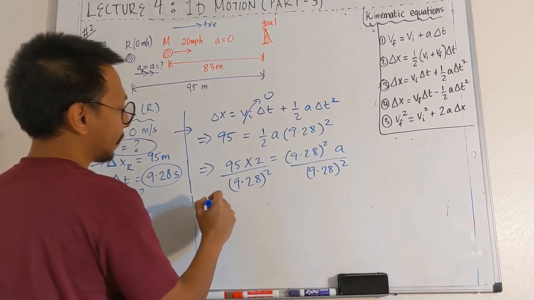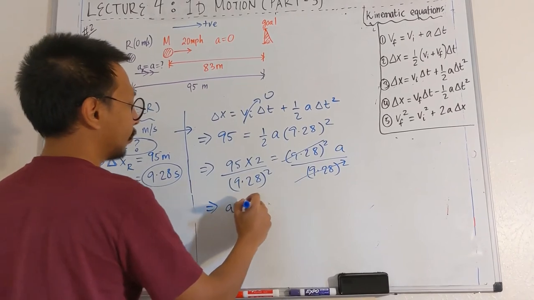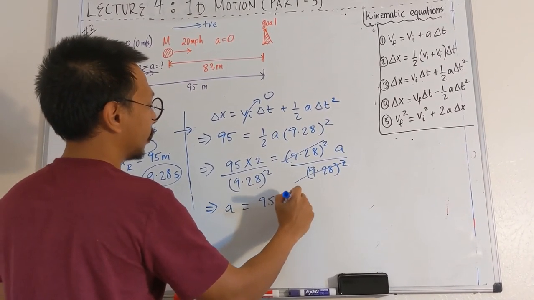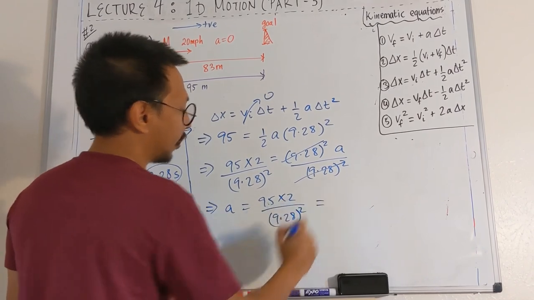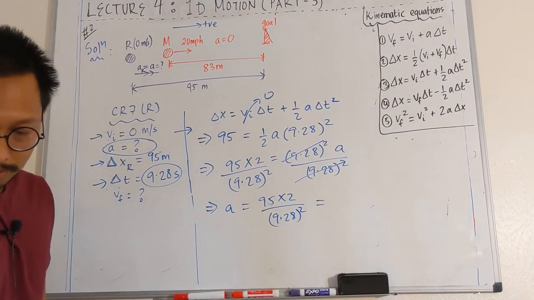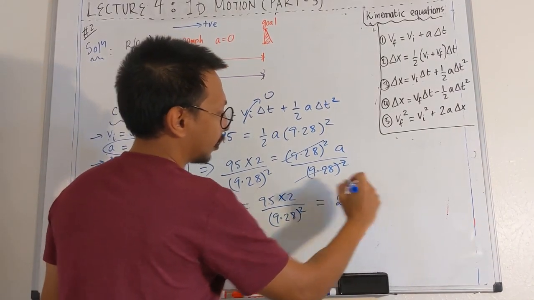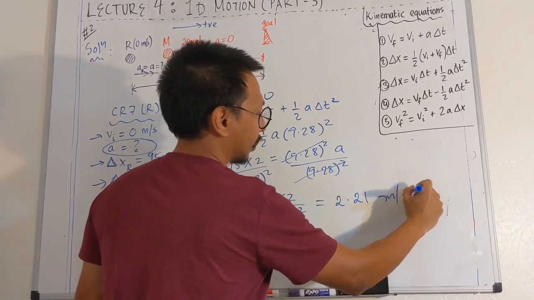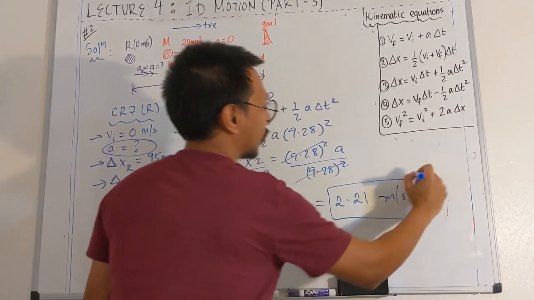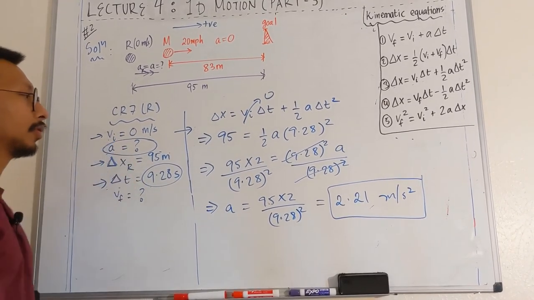Alright, so a becomes 95 times 2 over 9.28 squared, which is 2.21 meters per second squared. So what is this? This is the acceleration that Ronaldo needs to reach